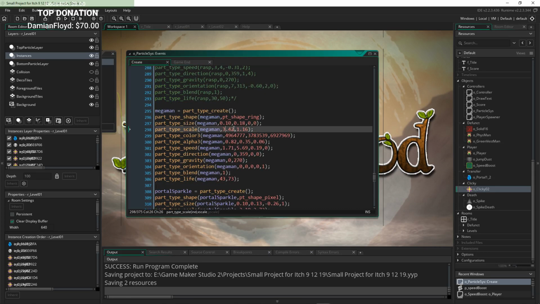Scale can go down a bit. 1 and 1.5. There you go. Size 0.05, 0.15. That's growth. Shape ring, we could change that to